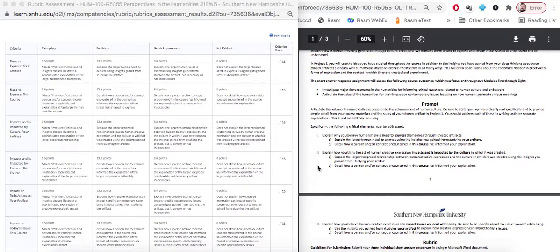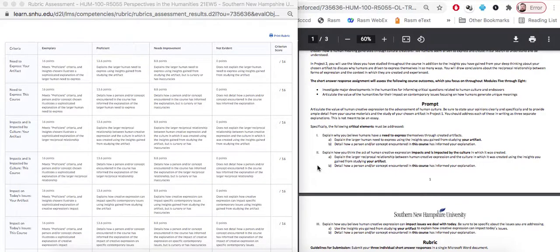That's part A. Okay, then part B is you're going to detail how a person and or concept encountered in this course has informed your explanation. Okay, so this is important because I need you to be very specific. I'm talking like in Module 2, we learned about so and so. And what we learned was that they created this kind of art because. And so you're going to take specific examples from the course. It could be a specific discussion we had, like in week 5. Tell us exactly how your encounter with that assignment helped inform your understanding, and informed your explanation of